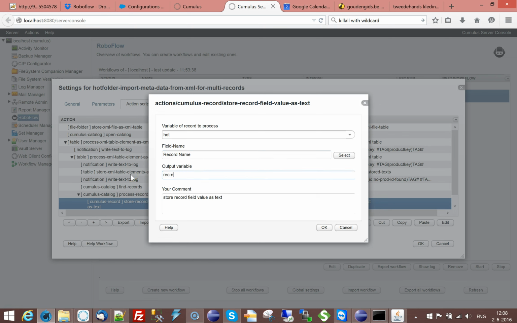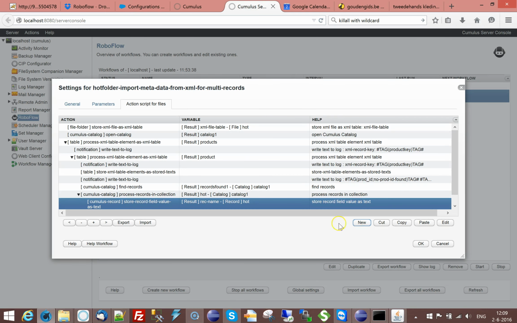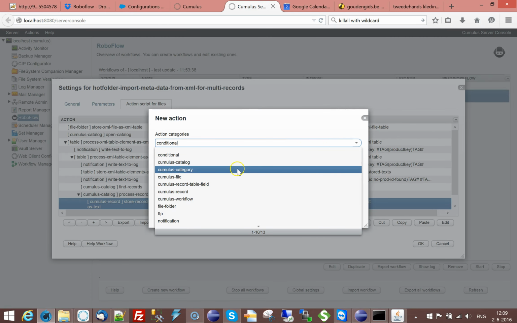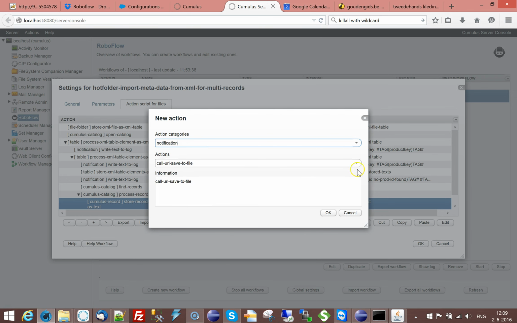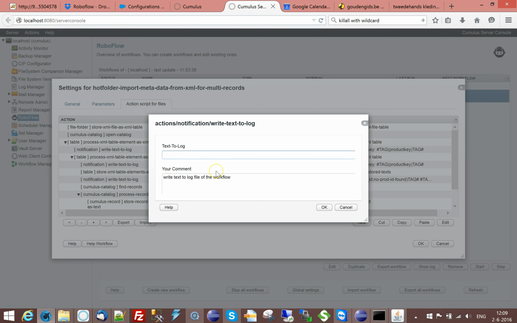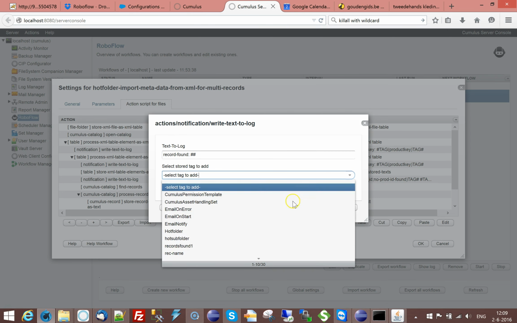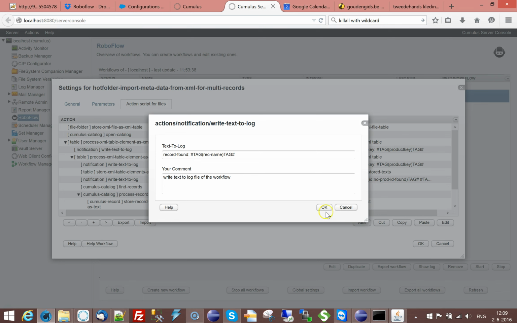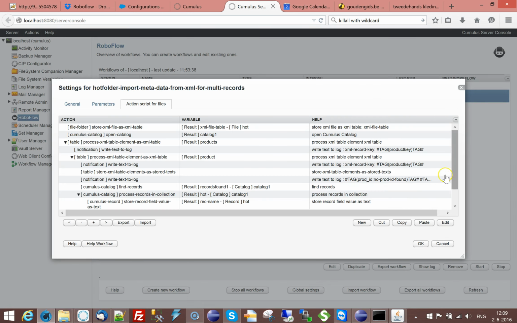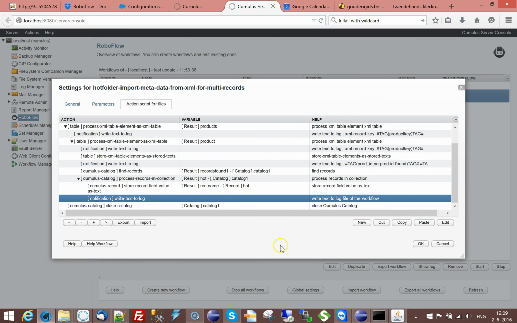I say rec name, and then I'm going to output that. I'm going to make a notification. I'm going to write that to the log saying, okay, record found, and here I'm going to pick up the rec name, the text variable I just created,